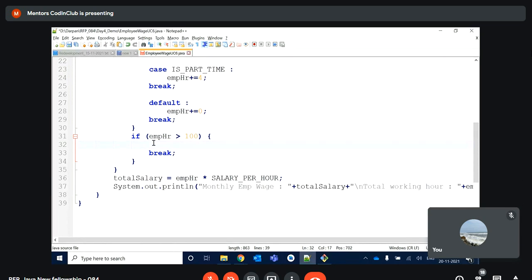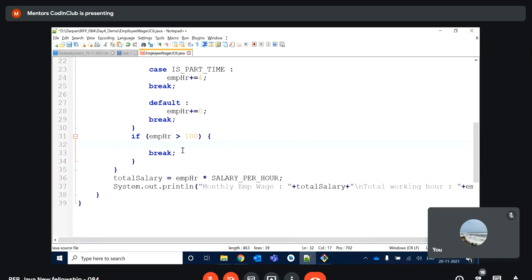At that time I'll show you, but remember the break keyword as of now. What will break do here? What I have written here: if employee hour becomes greater than 100, then it will not give output.